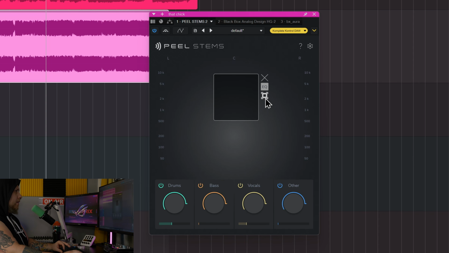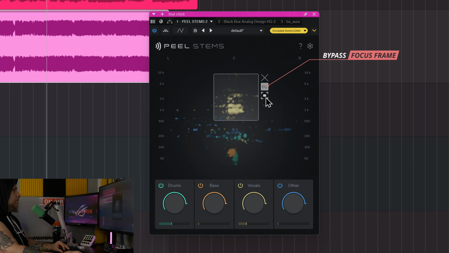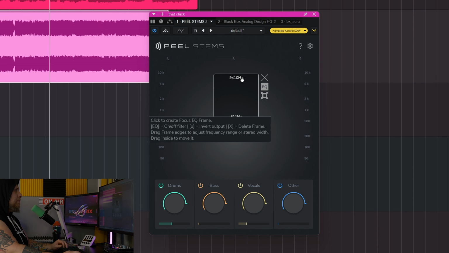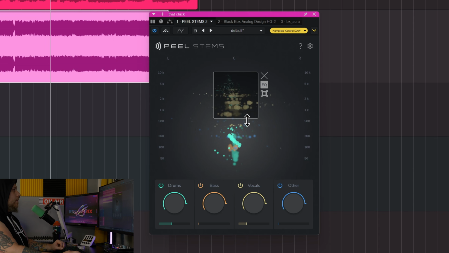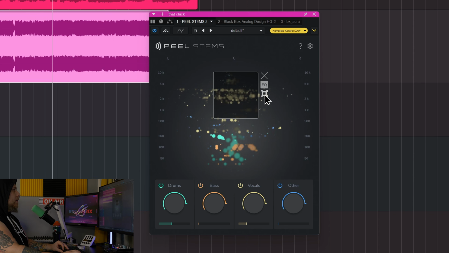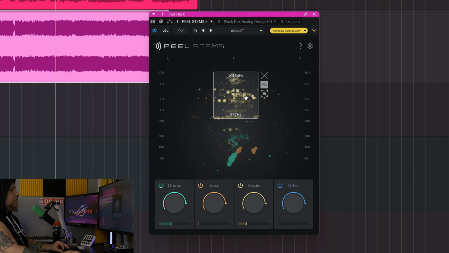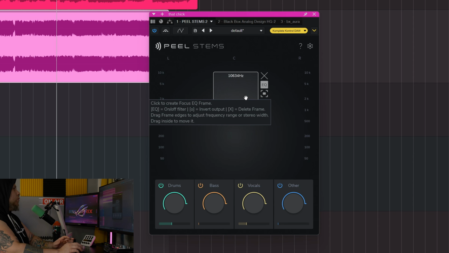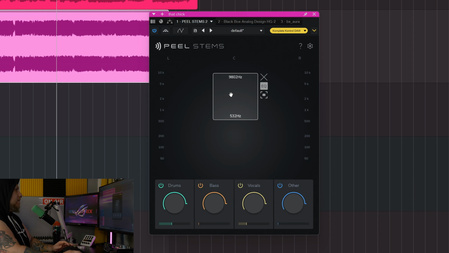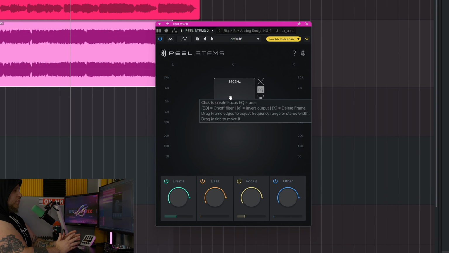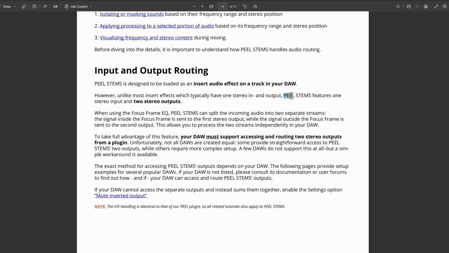We can invert that here just by clicking this button. So right now, we're excluding this part that I have right here, right? And now we're just hearing that part. So this is useful if you want to really focus in on certain areas and maybe put plugins on just those areas. Now, we're using Studio One here, Studio Pro here, and it doesn't have the 2 outputs